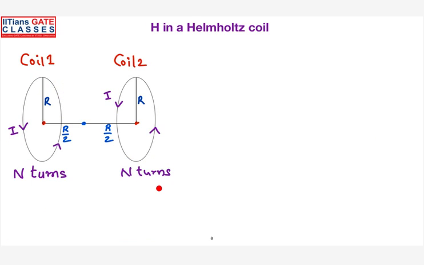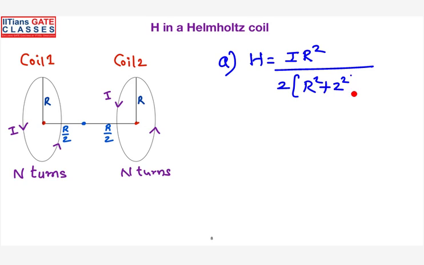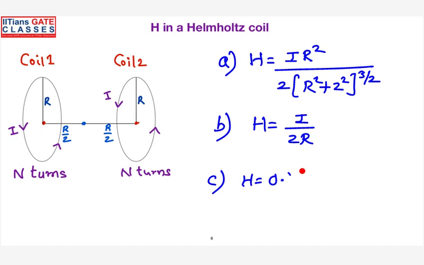So finally, what is the thing here right now? We have seen the two cases. When it is purely a single circular coil, the magnetic field intensity is given by this formula on the axis of the coil. And if you are calculating exactly at the center of the coil, your Z will be 0. So the magnetic field intensity is I by 2R. And when you see in the Helmholtz coil, the net magnetic field intensity will be 0.71554 NI by R. R is the radius of the coil, I is the current you are passing through the wire, and N is the number of turns around the coil.